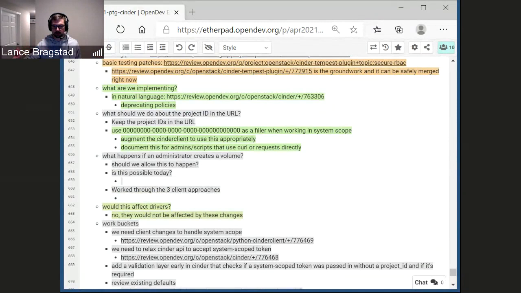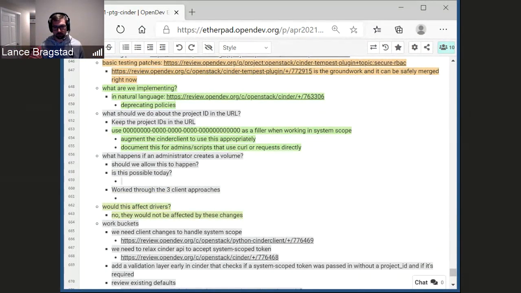And then we have to relax the Cinder API to accept system scope tokens, which I have a patch up for review. I don't know if it's good or not. I just kind of hacked it together to get it to work, and it worked in DevStack. So I don't know if it's good, but some eyes on that would be good.